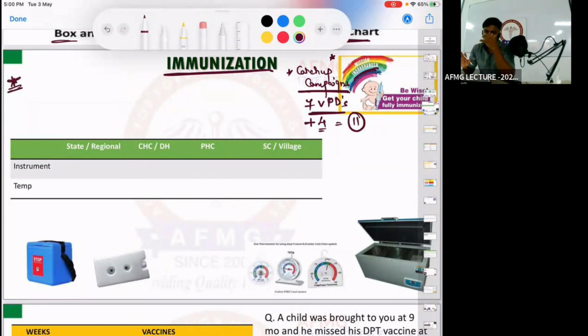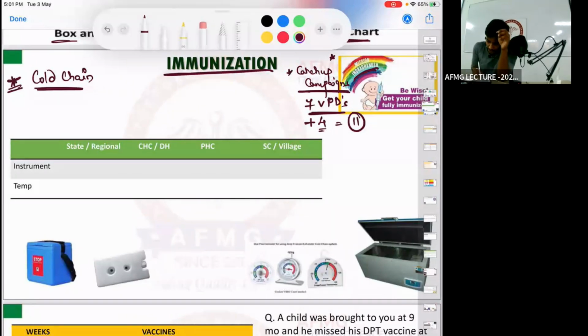So in vaccine, which is the acquired active immunity, from the point of manufacture till the point of administration, जब से vaccine बनती है तो जब तक बच्चे में जाके लगती है, till this you need to maintain the temperature of the vaccine. Okay, and that is what is called your cold chain. So cold chain is, from the point of manufacture to the point of administration, the temperature maintenance of the vaccine.